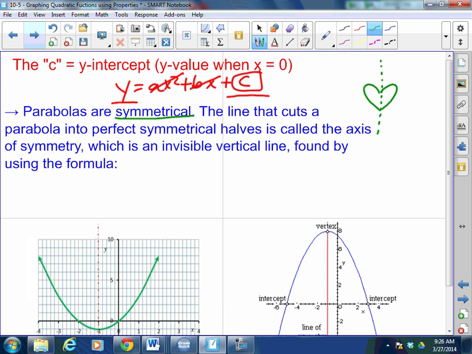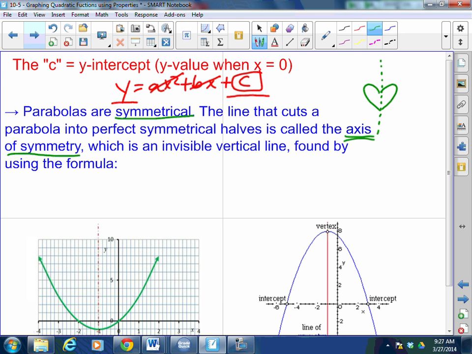Parabolas are symmetrical. Something symmetrical is something you can cut right down the middle, and when you overlap it, all points meet up together. Does that make sense? Okay. Kind of like your face. If you put a line directly in the middle of your face and you close your face on itself, your ears and everything will match up pretty much to the point, okay? Does that make sense? Okay, so the line that cuts a parabola into perfect symmetrical halves is called the axis